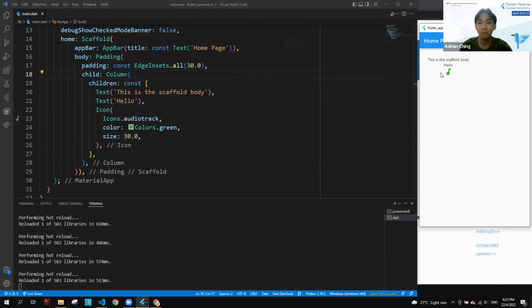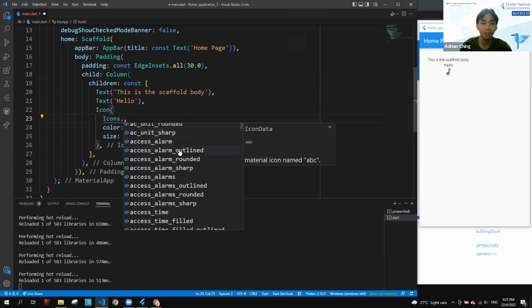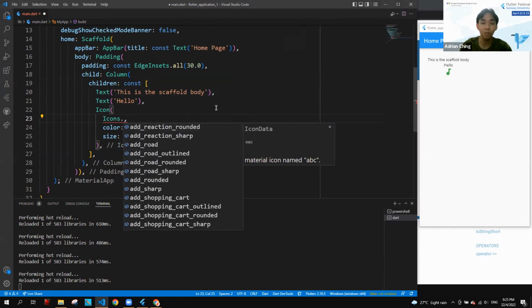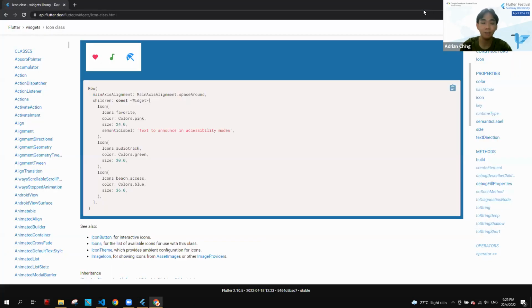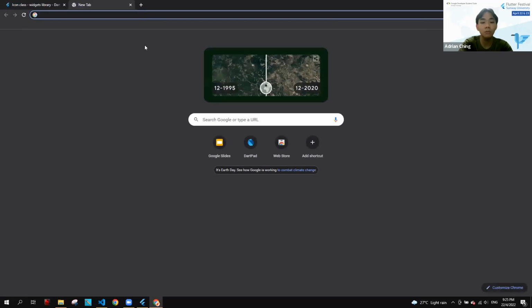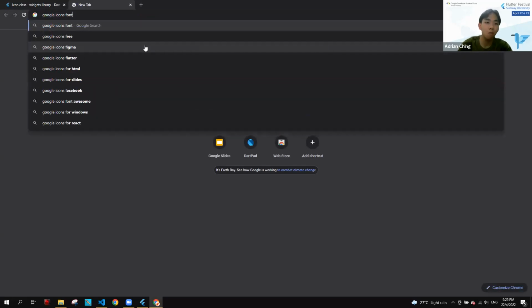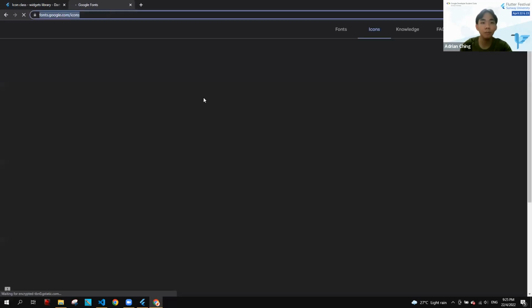Now instead of this icon, maybe you want a different icon, right? To do that, just delete the audio track part, which is the property, and you can see all the other types of properties of the icons class. All of these are the icons. If you want to see a visual representation of those icons, head on over to this website.